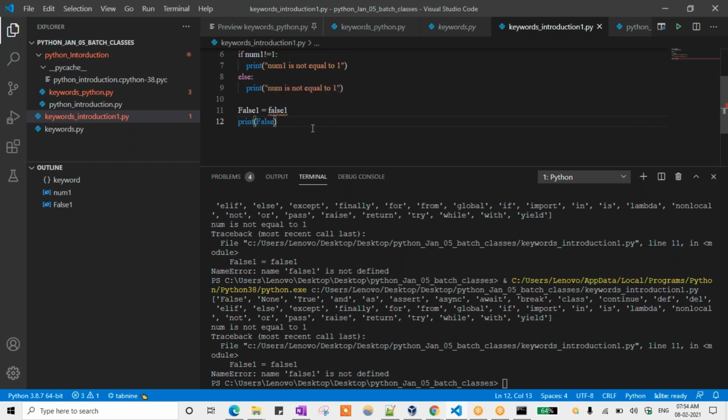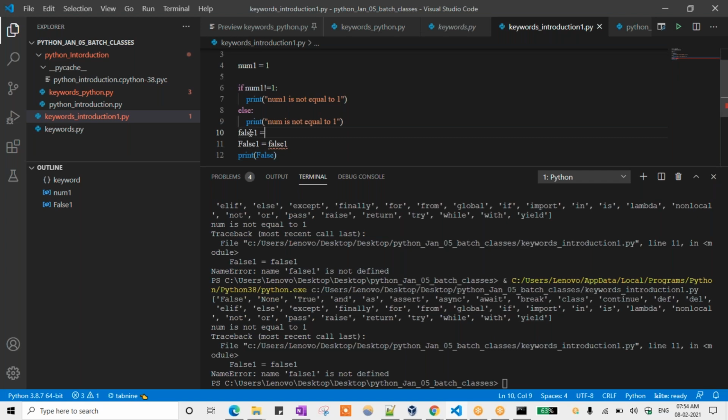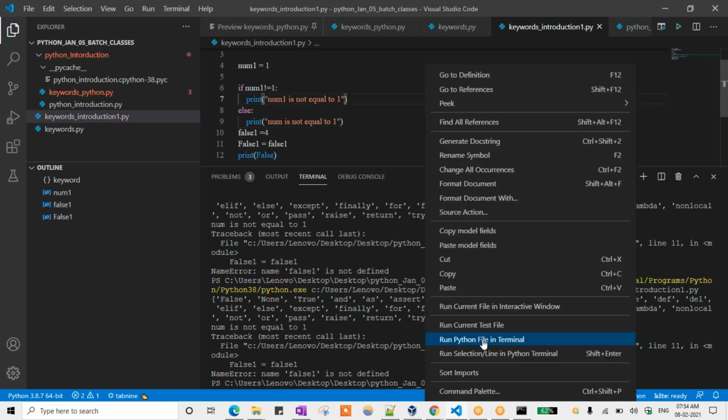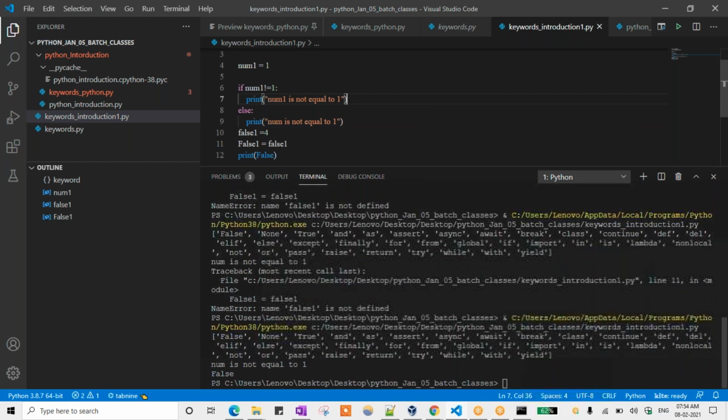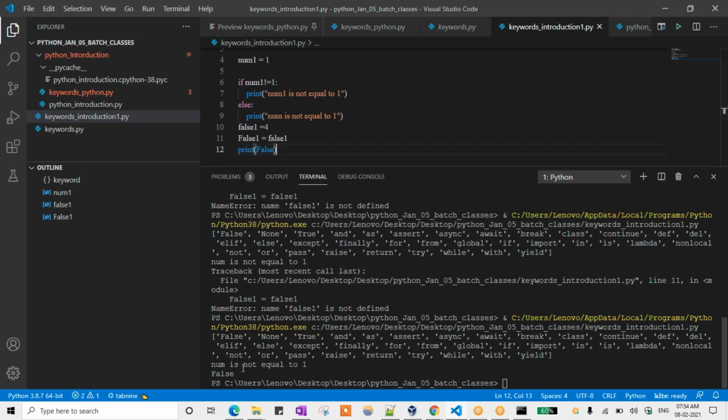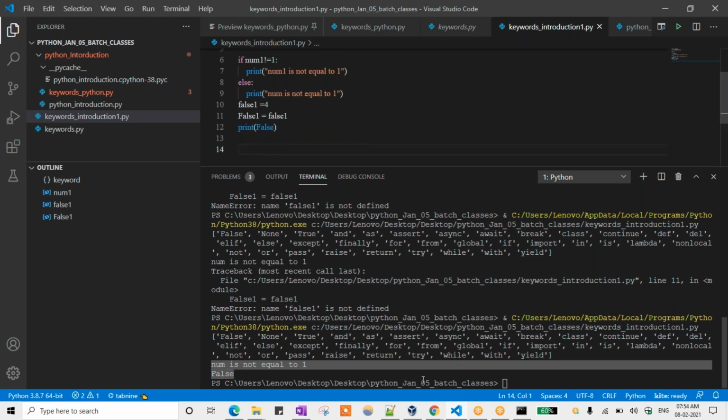Define variable. Suppose here I am passing false1 equal to 4. Then what will it do? So now we can see that. Right now, false1 equal to 4 I have declared, and then I'm just assigning that variable to this value. Then I'm just printing this value, print of false1. So that is the reason we are getting the result here, right? So like that we can use all the things.